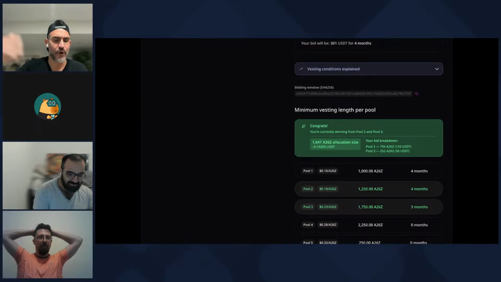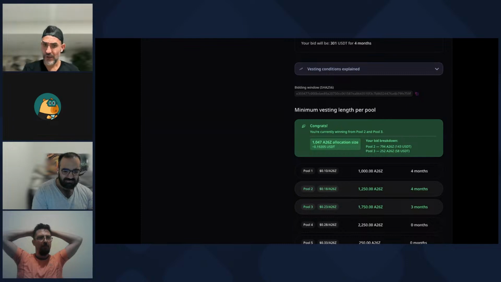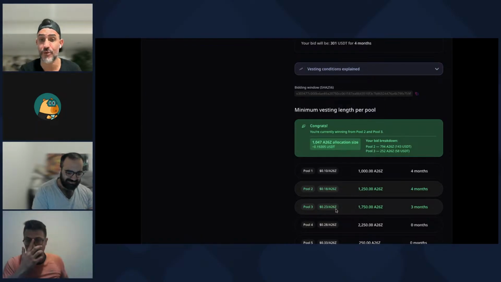So let's just say, for argument's sake, it's a little less than $250. So if somebody is in pool number 2, and I'm committing the same vesting length as them, and it's not filled up, I just fill that little extra space that's there, and then the balance of what I want now goes into pool number 3.